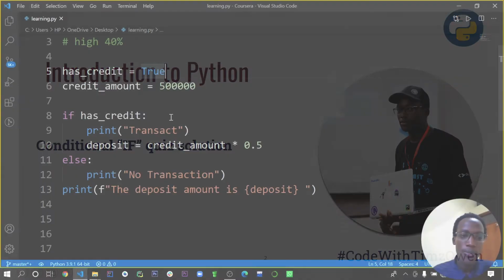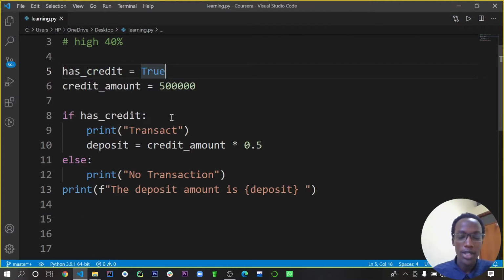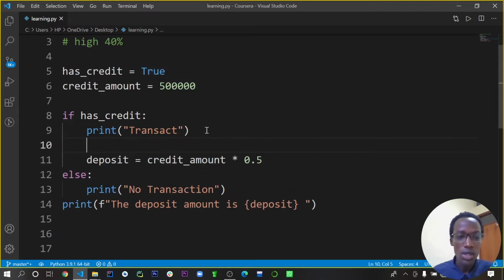The first thing we want to do, after you have checked using your if statement that the user has enough credit, is allow for the transaction. So we're going to make sure that we maintain the first condition. Now we want to check for the credit amount. So if credit amount is equal to